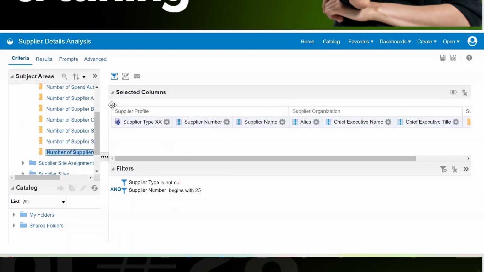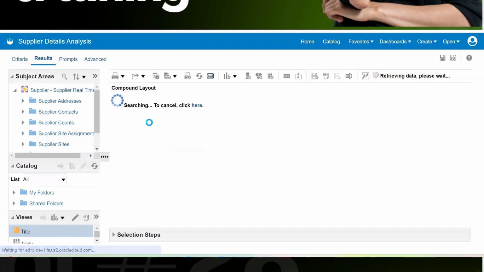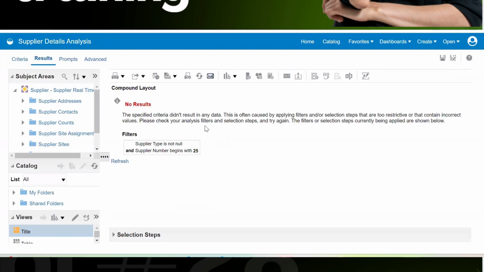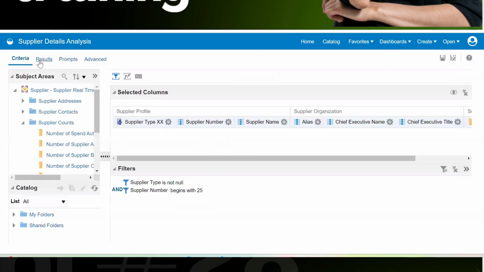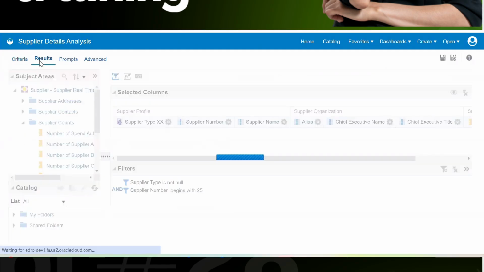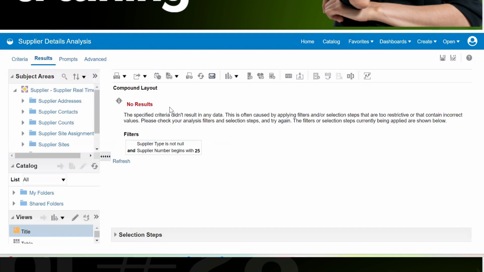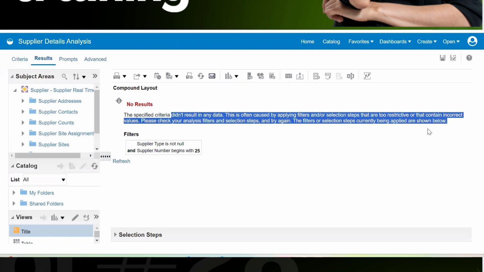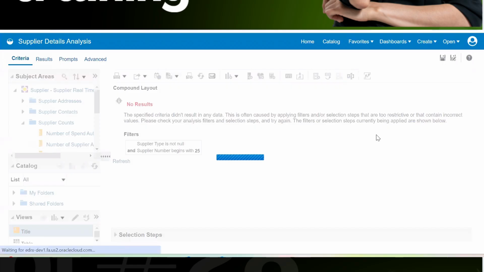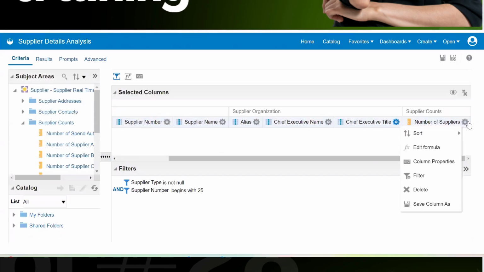I want this field to be available. So how will the results be displayed? The moment we add that particular field, that field will not fit into the criteria and the columns that we already have. That is the reason. In case the columns and the filters that you have applied and data is not available, because internally Oracle is trying to create one query for us, right? That query is not returning any data because there is no common criteria that will fetch the data. That is the reason for this message. This is not an error, but an instruction message. So let's remove this. How to remove? We can go to that particular column and remove that column.